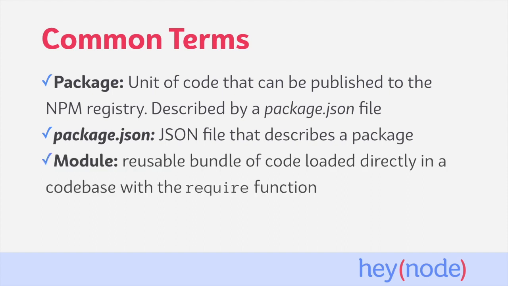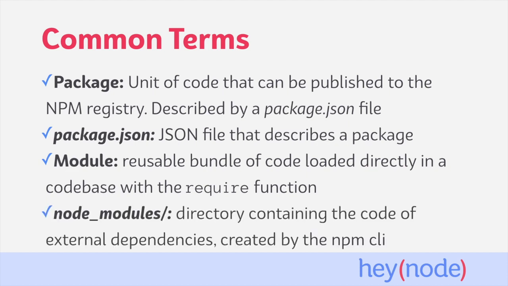Modules are reusable units of code that are used directly in your application through importing them with the require function. Node.js comes with some built-in modules which you don't need to install to use, like the HTTP module, for example. There are also local modules that you write yourself, and external modules which you install from npm. A module is the actual code of a package. An npm package is a way to distribute modules to others. This is done by packaging the module with a package.json file and publishing it to npm.